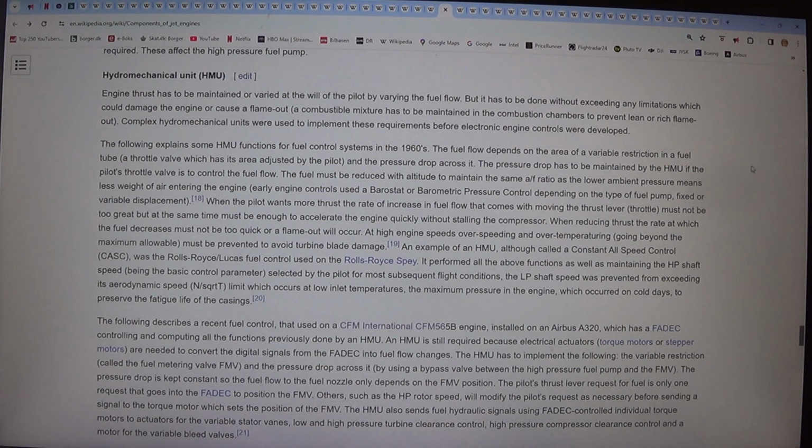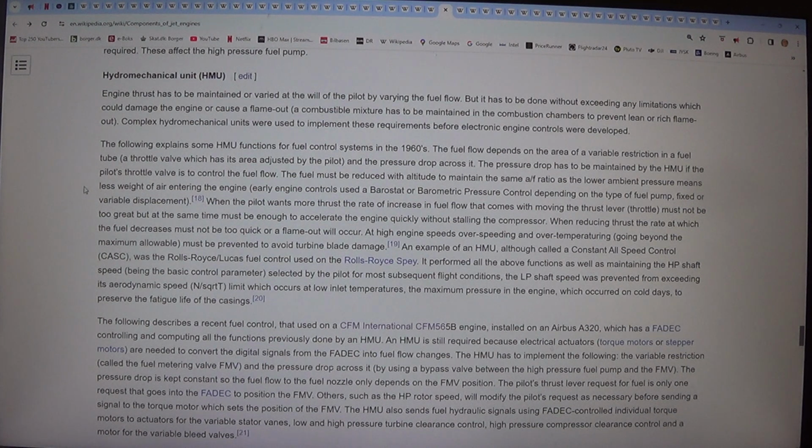The fuel flow depends on the area of a variable restriction in a fuel tube, a throttle valve which has its area adjusted by the pilot, and the pressure drop across it. The pressure drop has to be maintained by the HMU if the pilot's throttle valve is to control the fuel flow. The fuel must be reduced with altitude to maintain the same A/F ratio, as the lower ambient pressure means less weight of air entering the engine. Early engine controls used a barostat or barometric pressure control depending on the type of fuel pump, fixed or variable